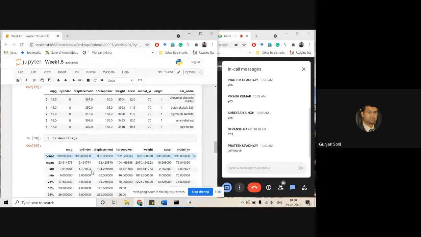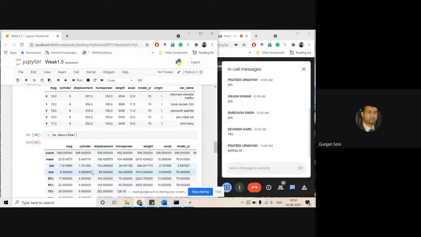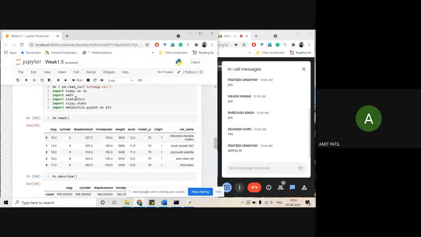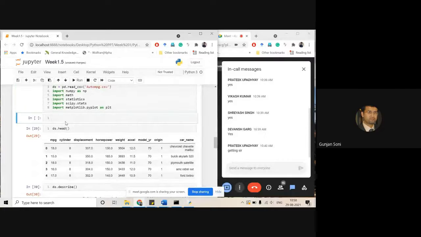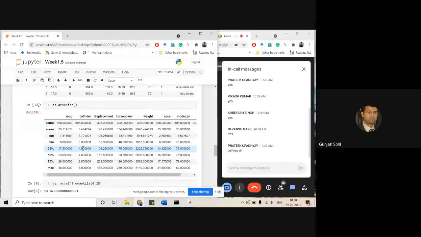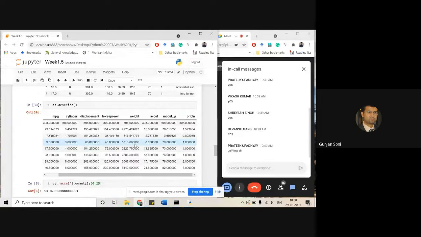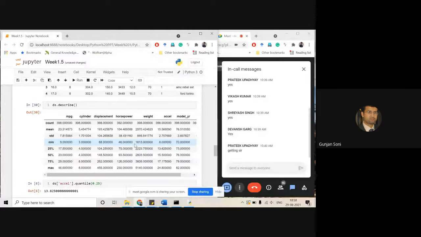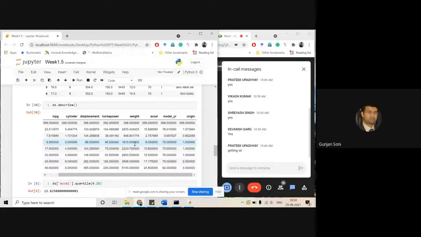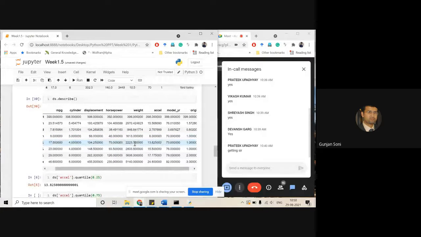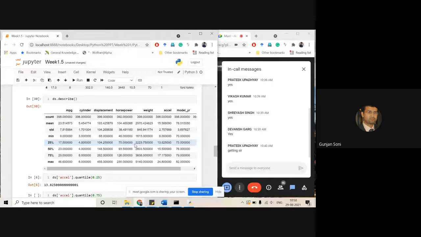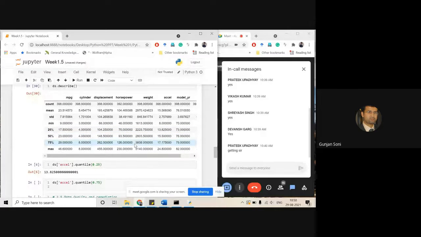Exploring data. Just call describe on the data frame, I guess. It was md dot describe, just that, and still it was giving only partial output. So there's an issue with the Spyder, I guess. It does not give you all the data. All the data it should give, but there was an issue. In Jupyter, you will see all the variables.